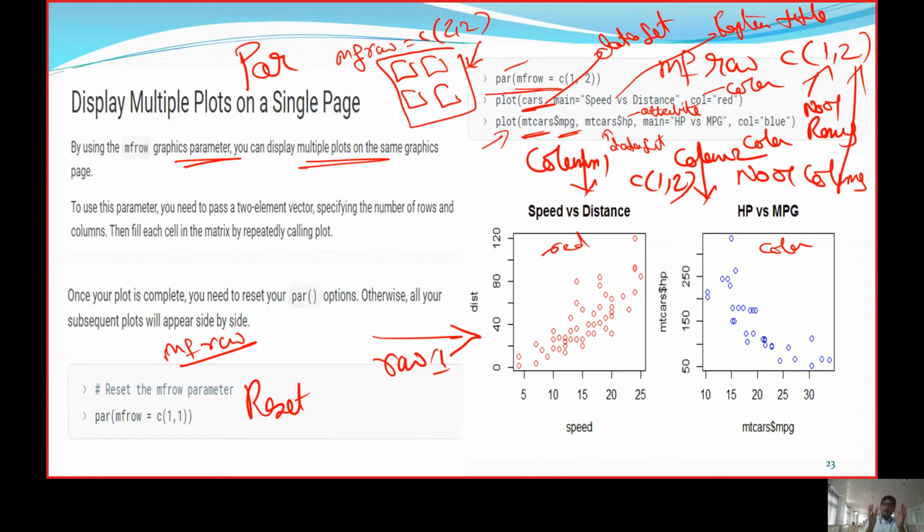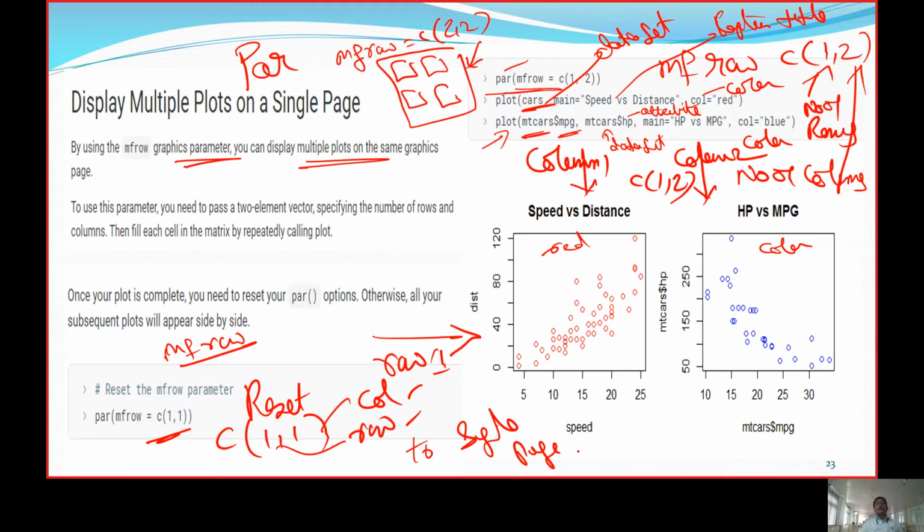But once the multiple plots have been taken, again we have to reset to the previous state. So how can I reset to the previous state? I am going to put C of 1 comma 1. So 1 row and 1 column. That's how we have to reset to the single page and single plot. So for that, we are going to use this 1 comma 1.